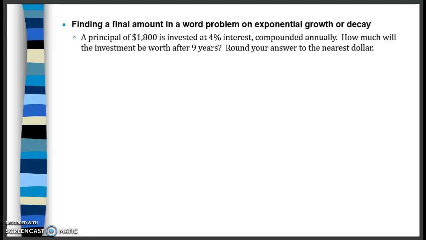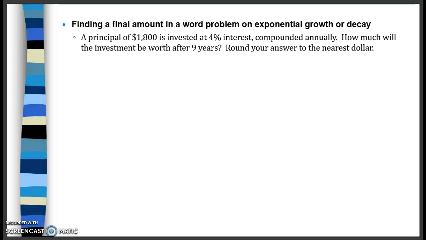Everybody, this video is going to talk about finding a final amount in a word problem on exponential growth or decay. This one is very similar to compound interest problems. In fact, this is an exponential growth or decay model using compound interest. So we're told a principal of